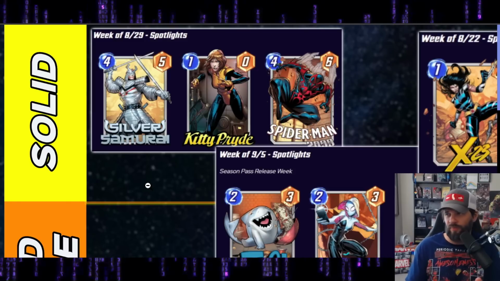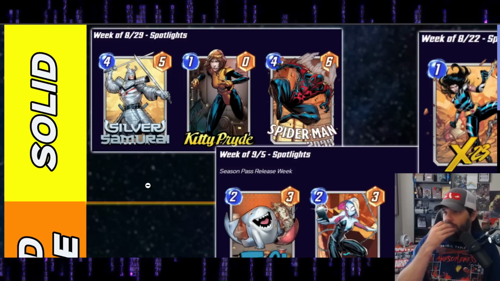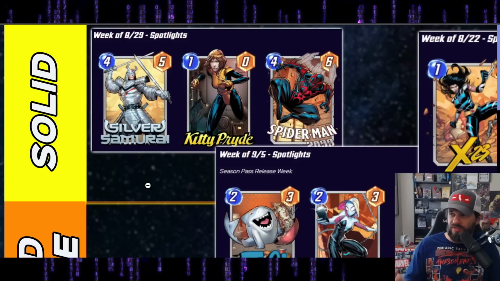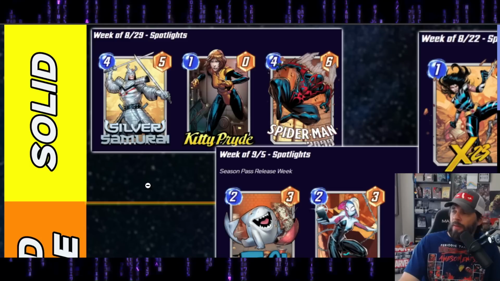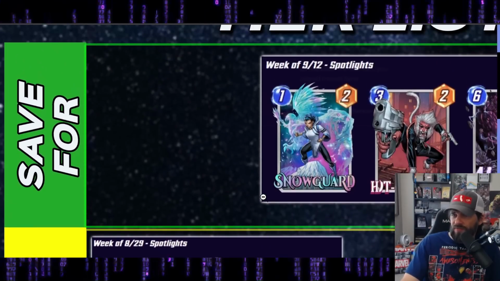You've made this effort to bring it over there, and it's like, okay, well, cool. Now, I need Spider-Man 2099, so again, I'm going to try to open this week. I wouldn't mind opening two. It'd be great to get Silver Samurai and Spider-Man. But I also have to be careful because I also know that coming up is the save for